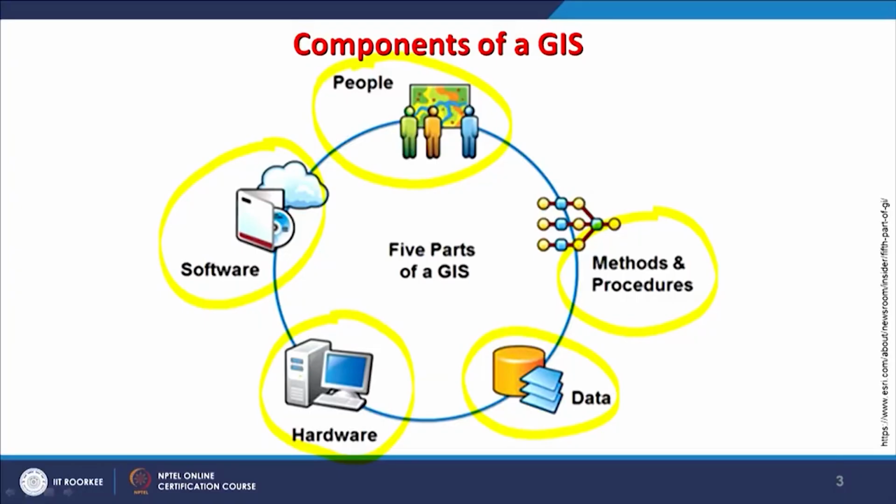And finally, of course, comes the people. People are at every stage, for handling software, for maintenance of hardware, for generation of data or analysis of data, and of course the methods and procedures towards the development. And on top of these, the decision makers are most important, because they are the real users of GIS, and they